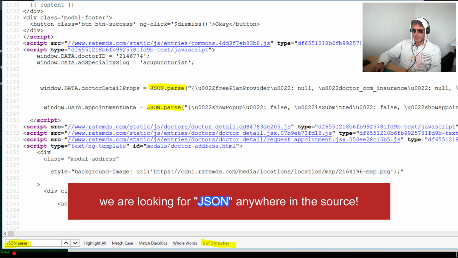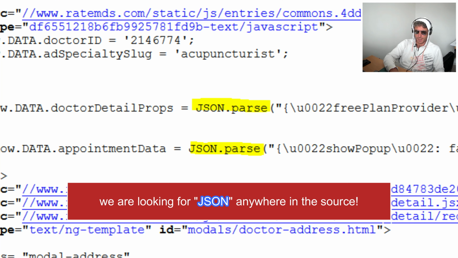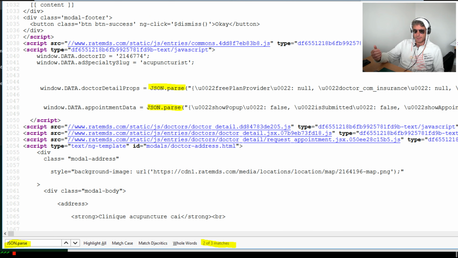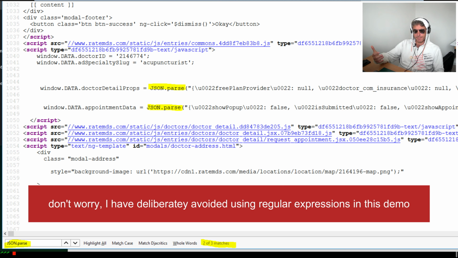Okay, so let's have a look at how we are going to approach this. The JavaScript will be loading some. Let's have a look in the browser again.